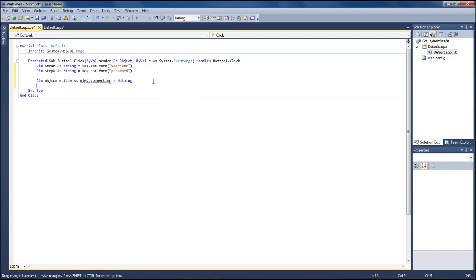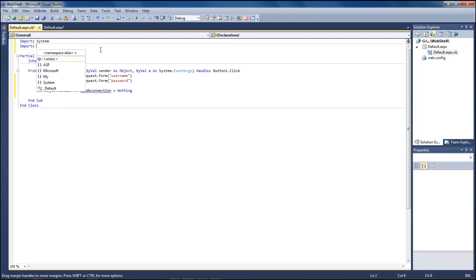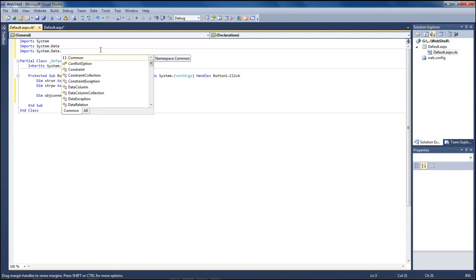Then we come down here and add in our goodies up top, and we need to imports system dot data, and then imports system dot data dot